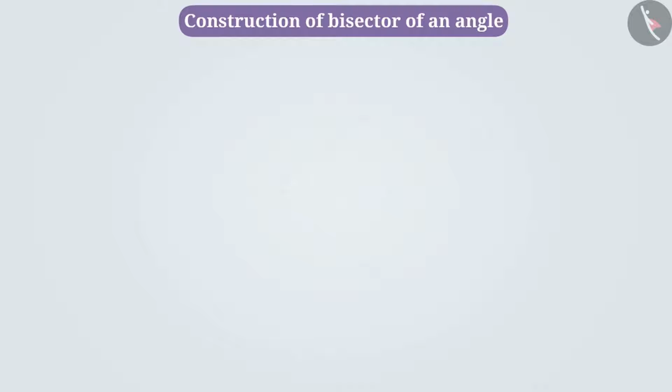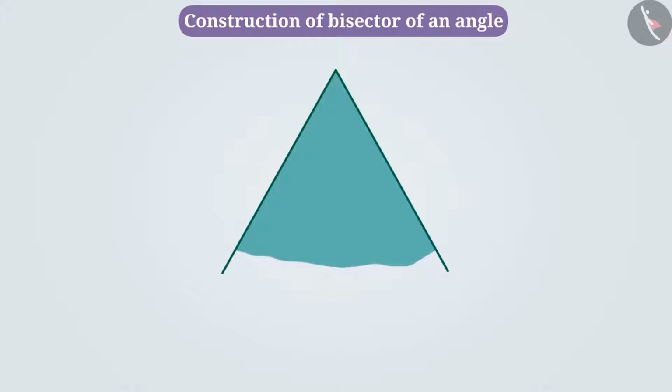Suppose we have to bisect the angle on a paper. Then, we will place the sides of the angle exactly one above the other so that it forms a crease on the paper. This crease on paper, formed after unfolding the paper, divides the given angle into two equal parts, so it acts as the bisector of this angle.